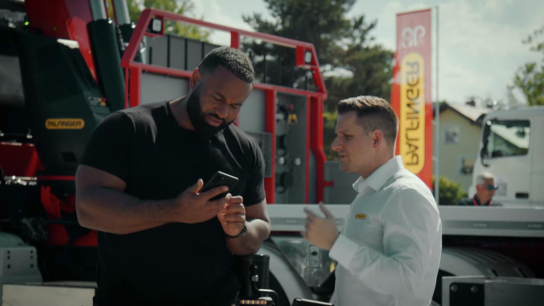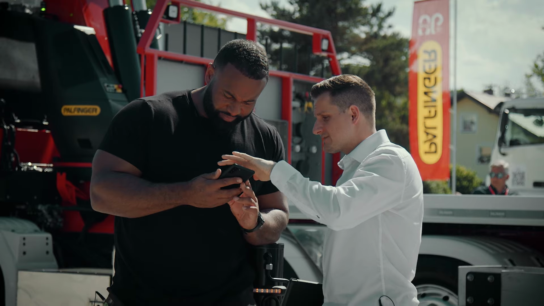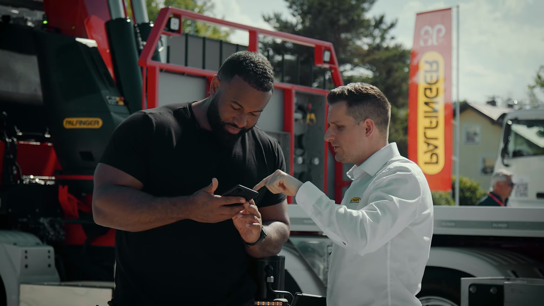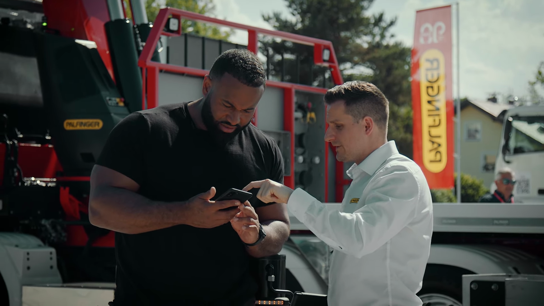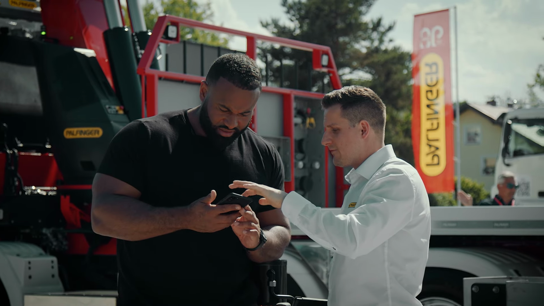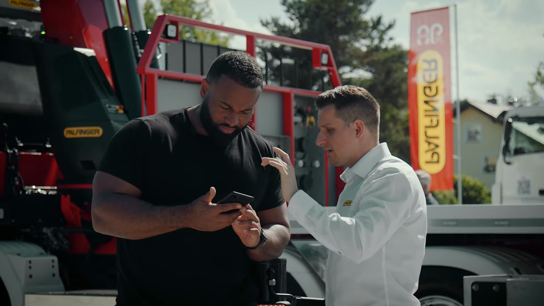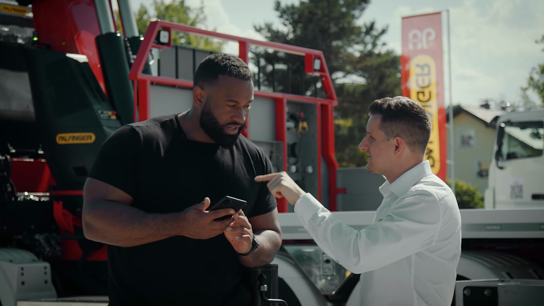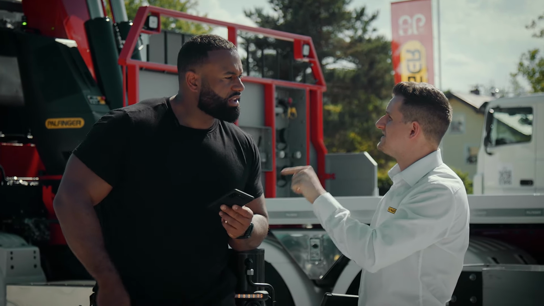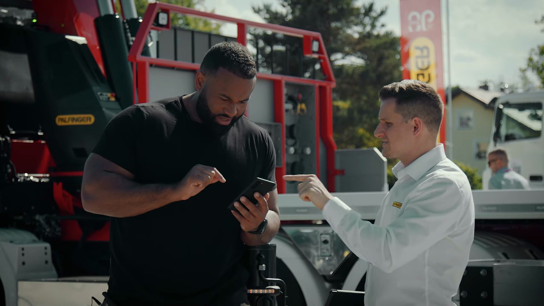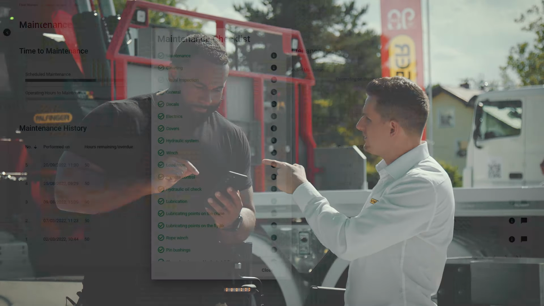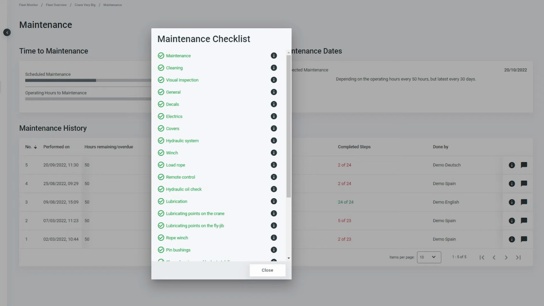And when you are through this list here, at the end, you go through all your points you have to fulfill. You say, okay, I have done everything, and then you finish your maintenance. You finish it, and it will be synchronized automatically with your application, the fleet monitor. So this data is sent from operator monitor to fleet monitor to your office, and you have an entire protocol, and you see how many checks have been done or not.